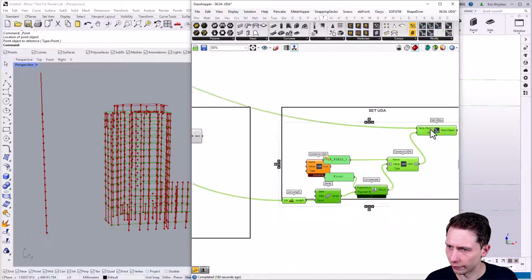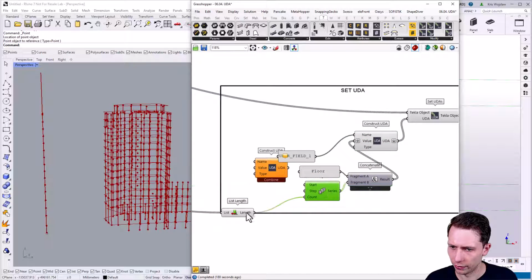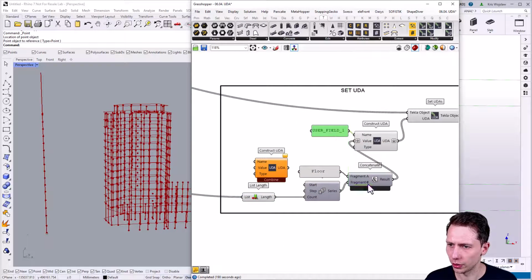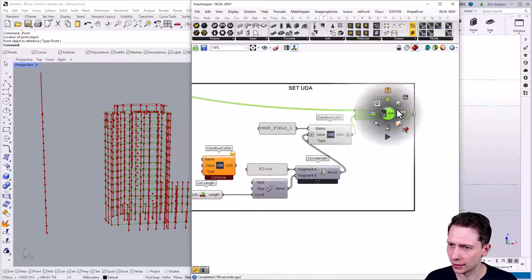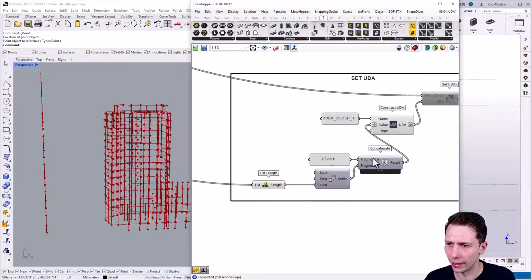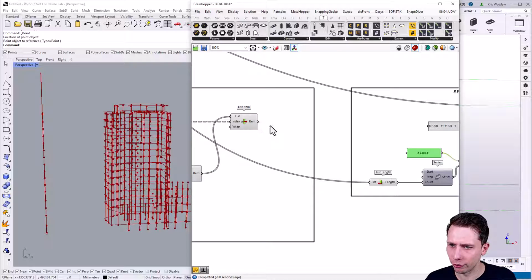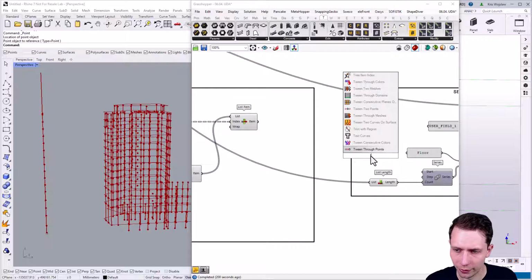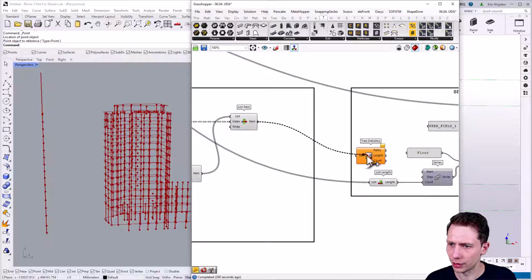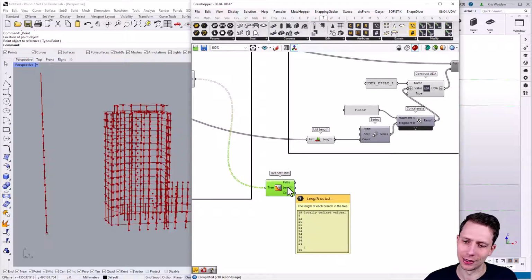Okay, so now I have created, maybe I will play a little bit more. So we have the floor and so on. Okay, user-defined attributes. Let's disable that so it will not destroy anything here. We have user-defined, we have floor, but now we have a different data tree structure. We are going to have a tree statistic. Let's go for tree statistic, and now we can see the length of every single